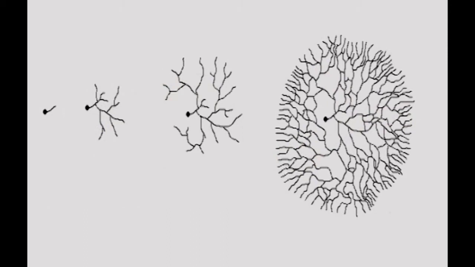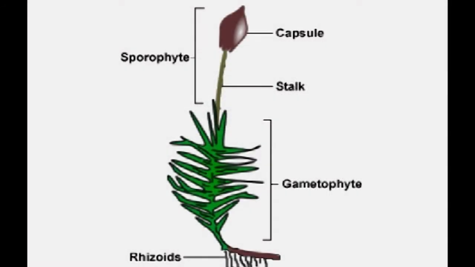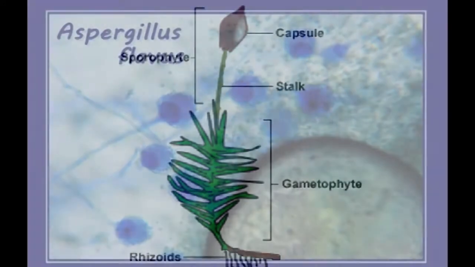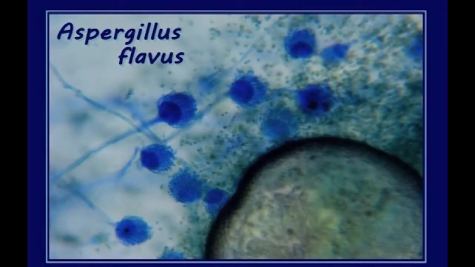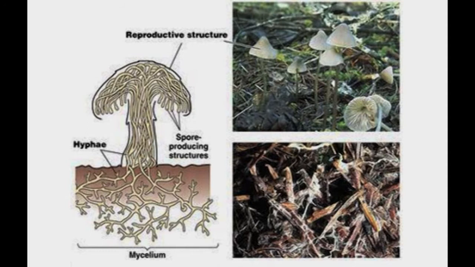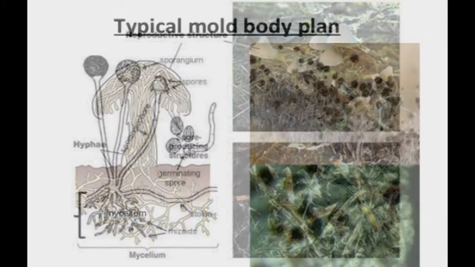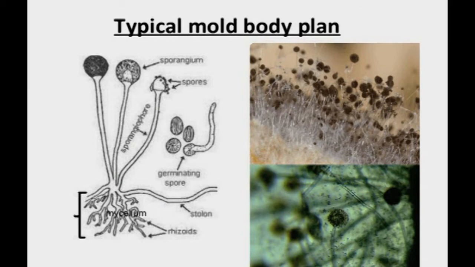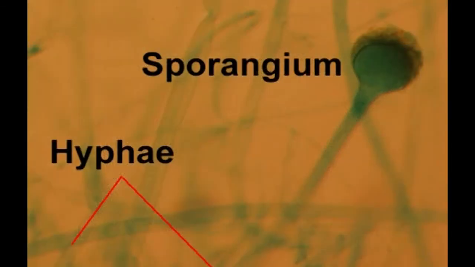Special mycelial structures or parts aid in the identification of molds. Examples are the rhizoids or holdfast of Rhizopus and Absidia, the foot cell in Aspergillus, and the dichotomous or Y-shaped branching in Geotrichum. A hypha can be vegetative or reproductive. The reproductive hypha usually extends in the air and forms exospores either free or in a sac. Either free, that is in conidia, or in a sac, that is in sporangium.